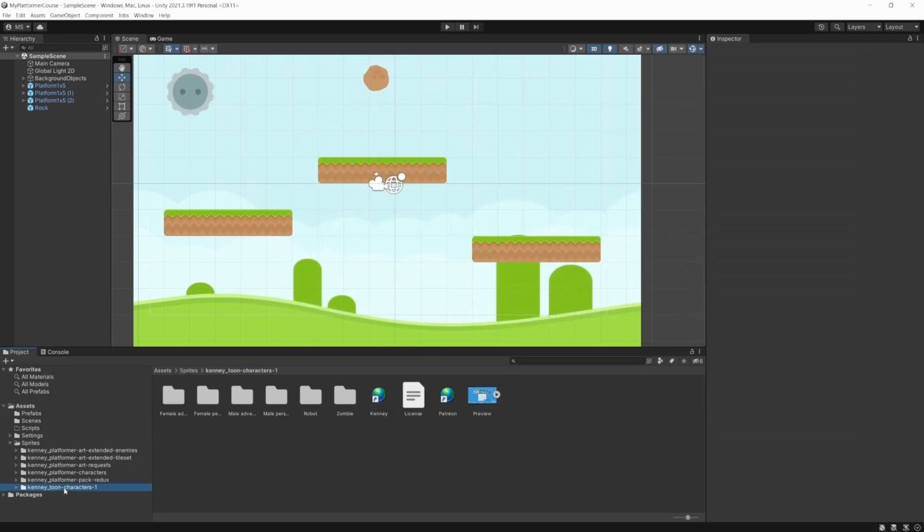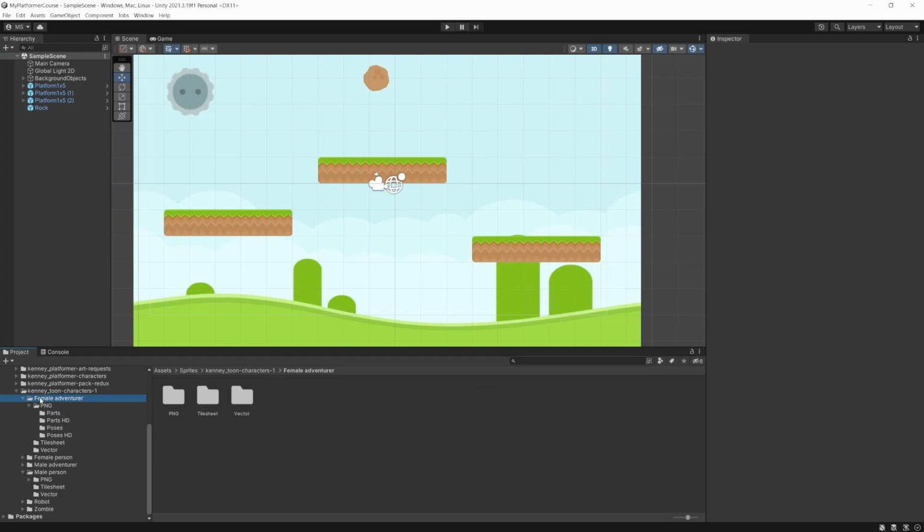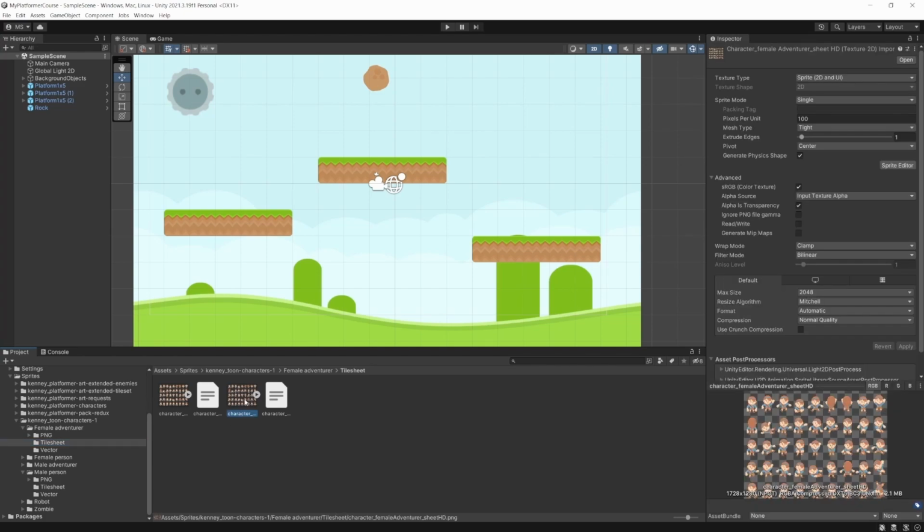Okay, so now that that's here, you can actually pick and use whatever character you want. I'm just going to look through here, and I think I'll just go with the female adventurer that's up here. Now, to show, we have a few different options here. We do have a tile sheet, or other times you'll hear it called a sprite sheet. I'm not going to show that method yet because for this art, that would be a bit complicated to get into this early. We'll talk about that later, but to give a quick summary, just so you know,